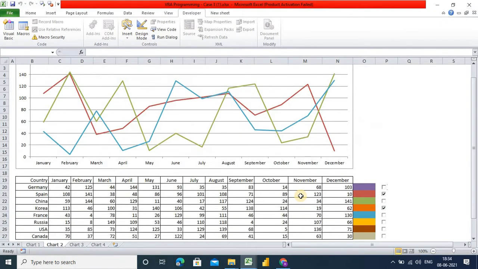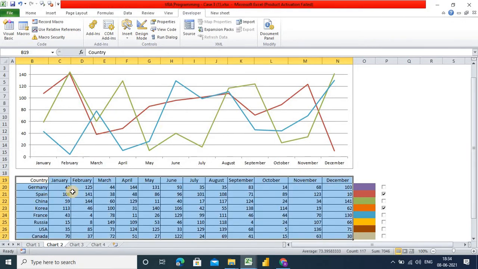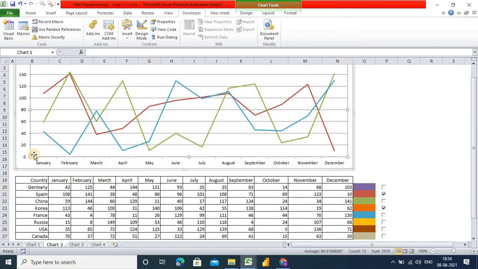Now what I am trying to say here is, first of all we need to change this Chart1 data, because the line is shown on the basis of this data table. Whatever rows we select or apply inside this chart, it will show you the output in the form of this line.